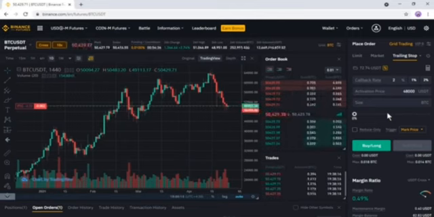So using trailing stop order can be successful in situations where we are encountering sharp moves like the pump and dumps that are very common in the crypto market, especially with altcoins. And with the help of trailing stop order in these situations that are